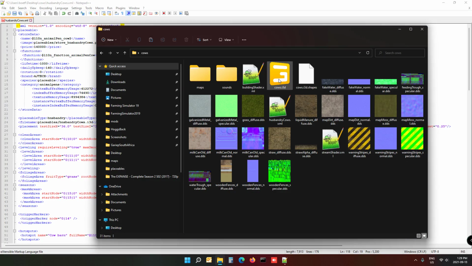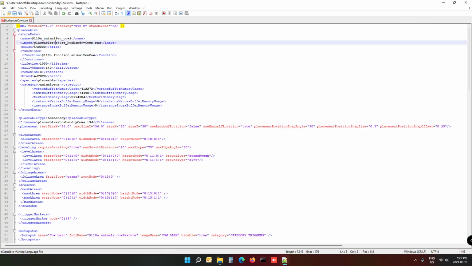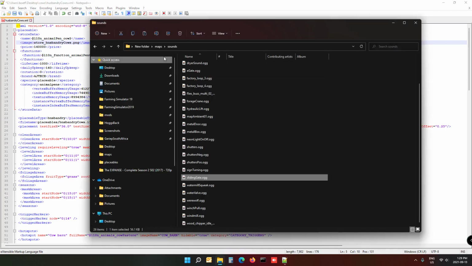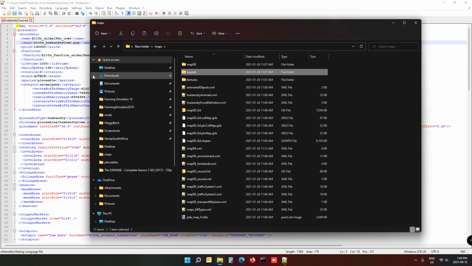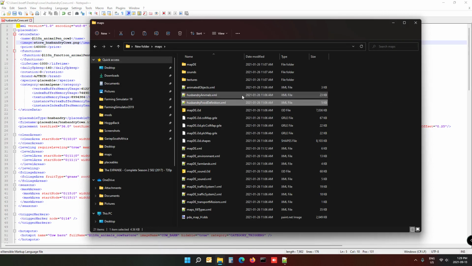Alright, so we've got the i3D, we've got the XML. So now we need to fix the placeable store icon. The first thing, let's go from the top. So I'm going to do this, just remove the thing in front, and then we're going to find store husbandry cows.png in the original map folder. And once we've got that, we can just drop it in the root folder, because this is the root folder there. So we're going to find in here